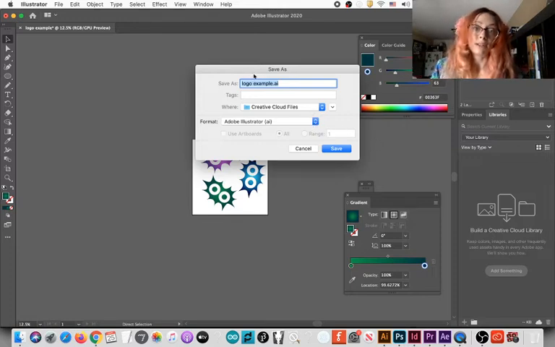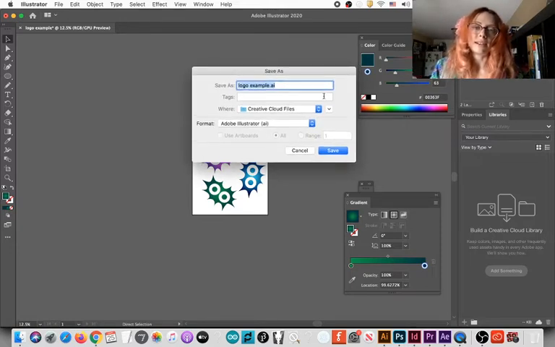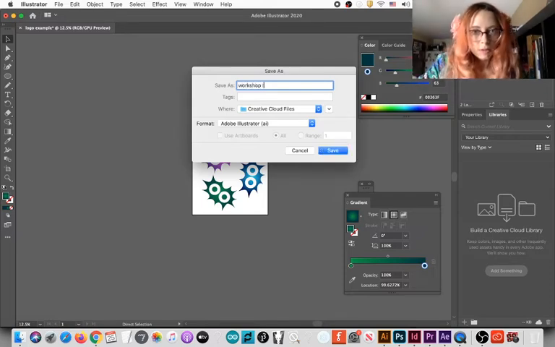Let's save it. Okay, so the Illustrator file is an AI. It's a vector file. You will not be able to open this with most softwares, only with Illustrator. Workshop logo example.